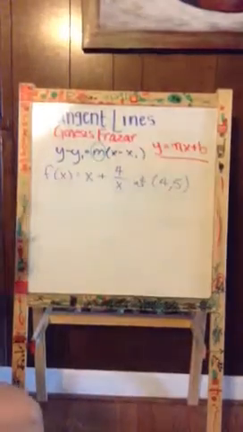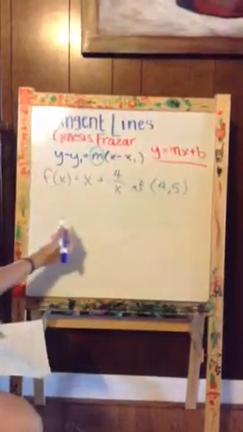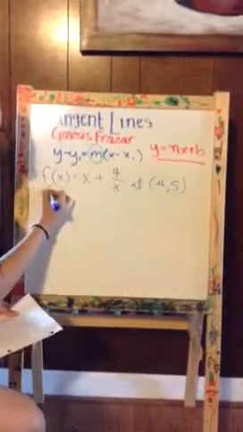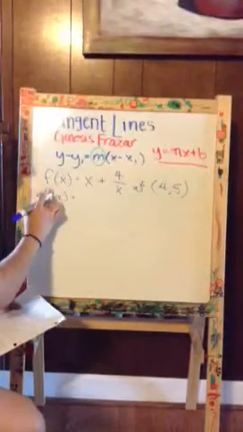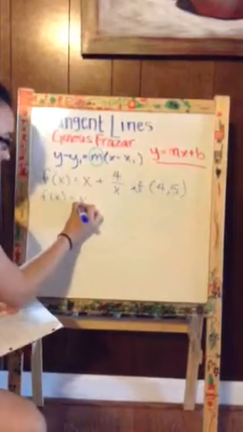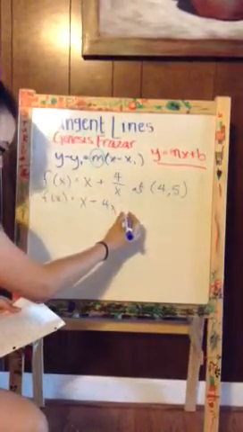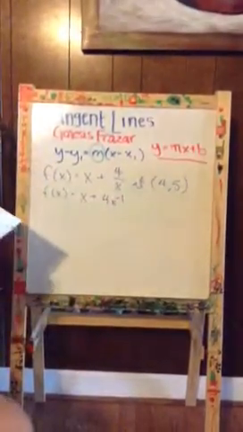So we will continue with finding the first derivative of this equation by doing f prime of x equals, by changing f of x to x plus 4x to the negative 1. And then